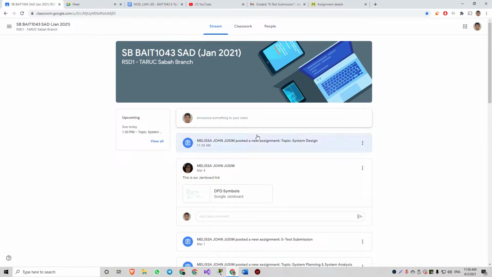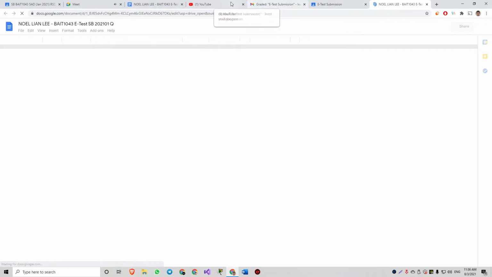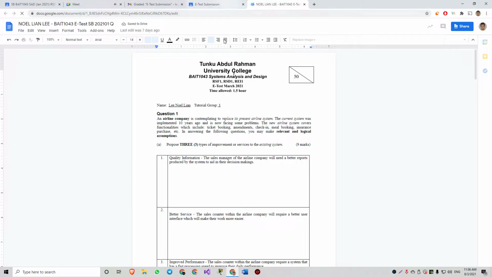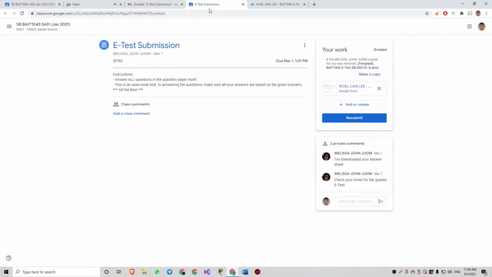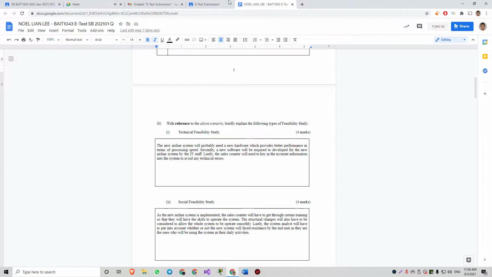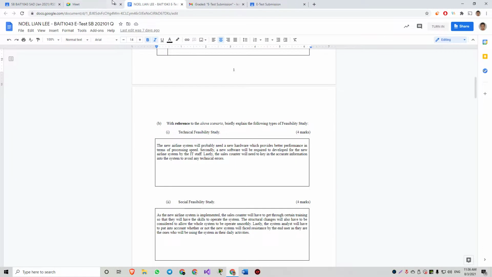So it means that they need to evaluate whether the hardware that the airline has, the software, even the human requirements, are technically achievable or not.